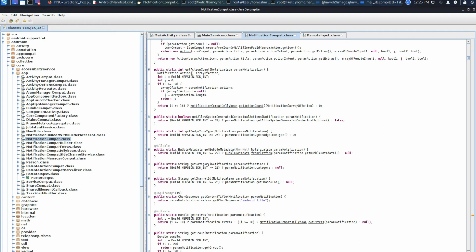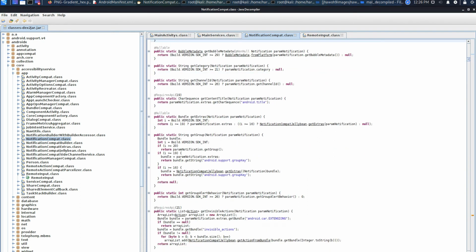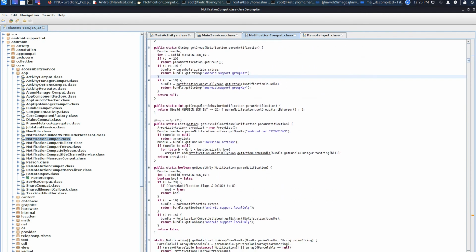That's why he is giving different kinds of actions based on the SDK. If the SDK is version 29, some kind of actions may happen. If the SDK is 26, that's the reason he gave this. And he is also using extras, group keys, as well as extensions and invisible actions.